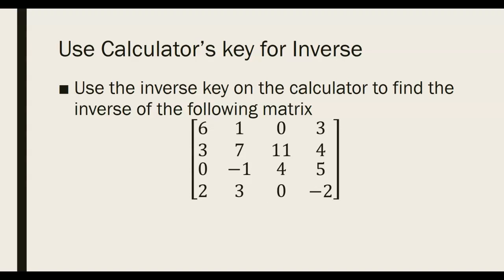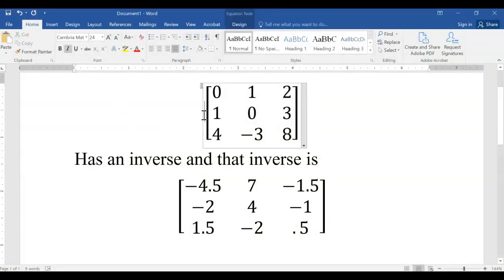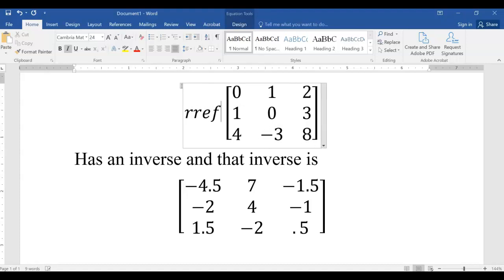So now we have three different methods for finding the inverse. We have the calculator key of negative 1, we have the row reduction algorithm, and we have the 2 by 2 formula. You won't have to memorize the actual 2 by 2 formula. We will have to know the determinant, which we'll talk about more in chapter 3. But you should know the row reduction algorithm. At some point on the test, I'll ask you to use the row reduction algorithm in order to find the inverse. And by the way, the work I would want you to show, if for instance we did this, all I would ask you to do is write RREF,